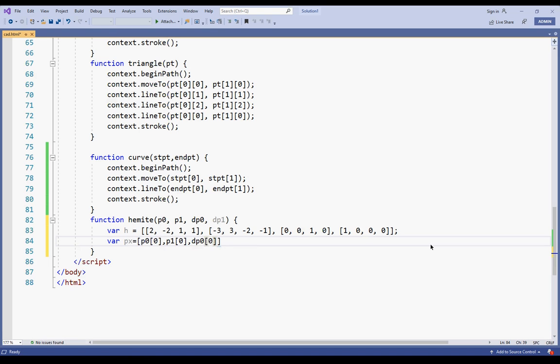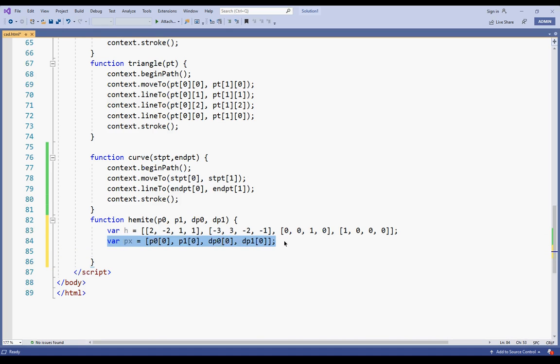You could open the problem in front of you. All the x values, or first values, I am specifying for the points as well as the tangent vectors. So dp1, this is my array. It represents the x coordinate of the first point, the x coordinate of the second point, the x coordinate of the first tangent vector, and the x coordinate of the second tangent vector. In this way I got the value of Px.